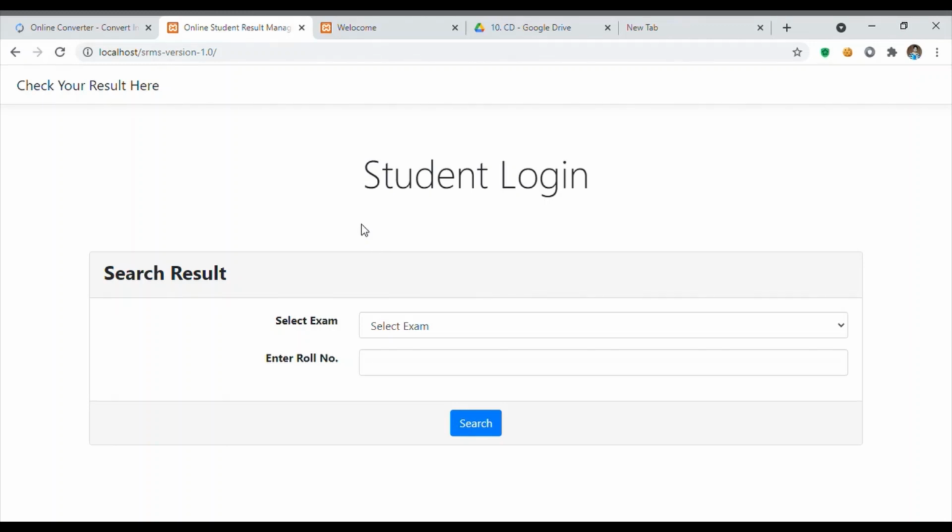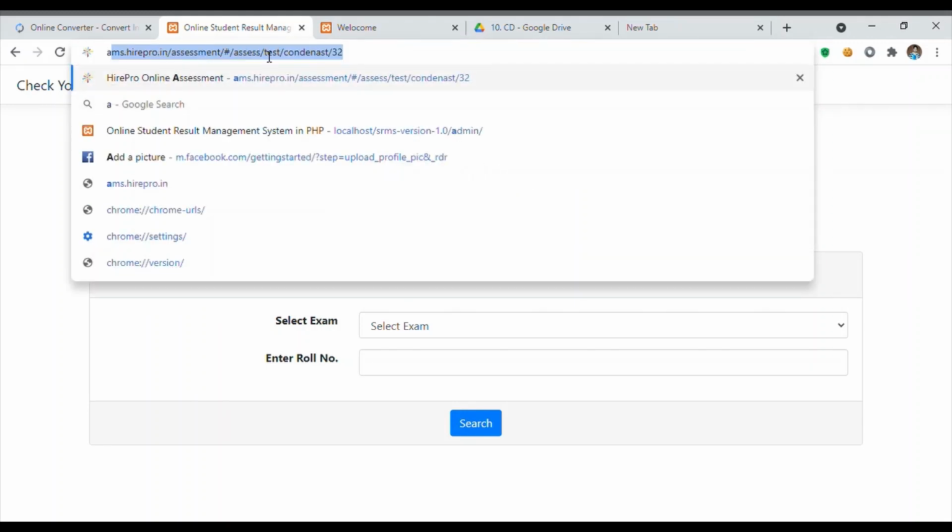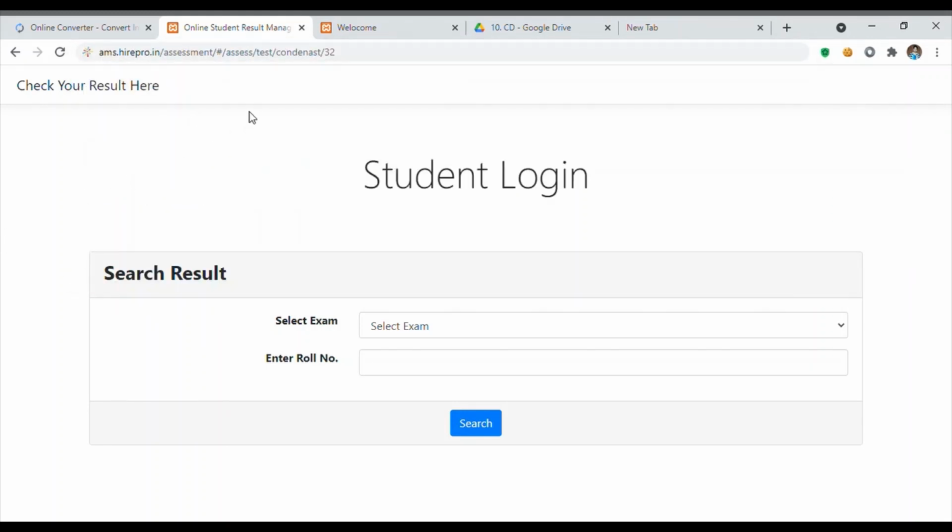The admin side we have divided into two parts: one is the main admin, and the other is the faculty part. The main admin has much more power; he can do anything, and the faculty member has less power, and the student has only the power to see their results. And in these three sections, we have divided our website.